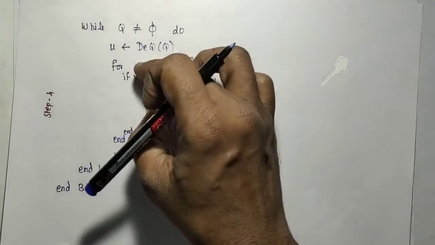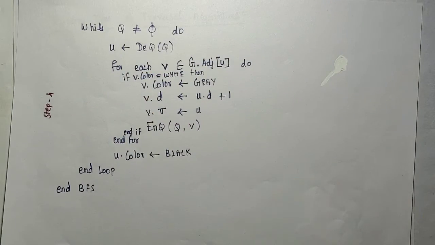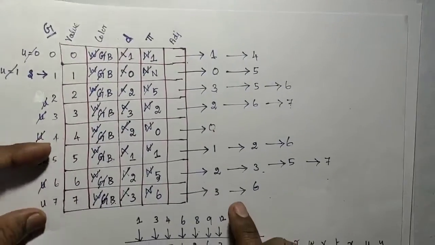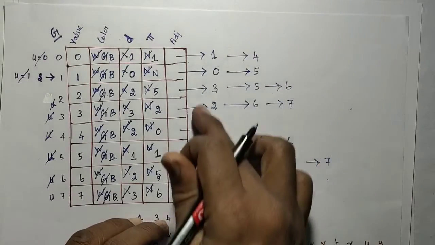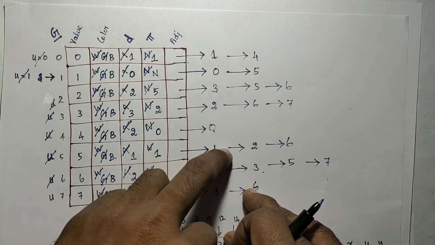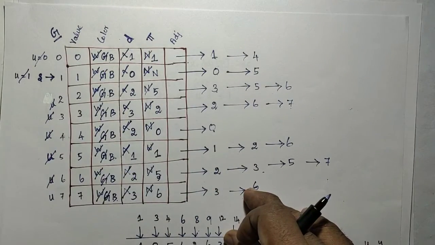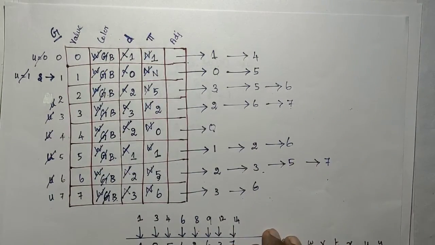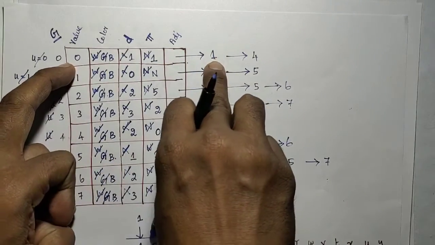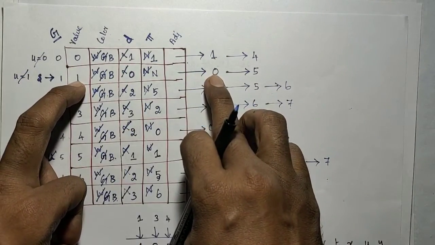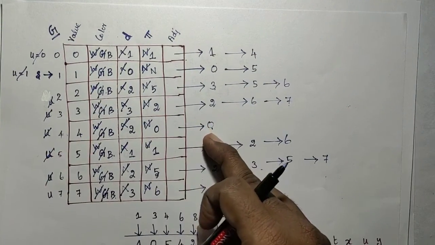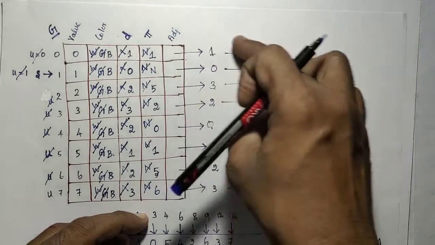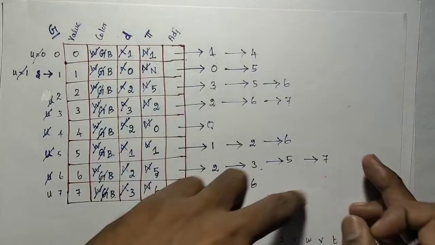Okay, so if you are counting the for loop iterations totally across all the while loop iterations, we are going to access all these values. All these values in the undirected graph are equivalent to twice the number of edges, correct? So 0 to 1 is 1 edge, which means 1 to 0 is the same edge. Similarly 0 to 4 is 1 edge, which means 4 to 0 is the same edge.